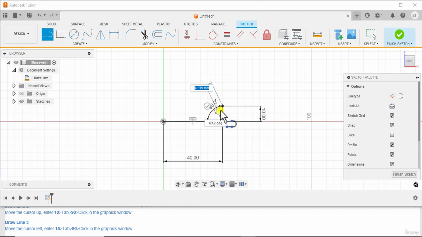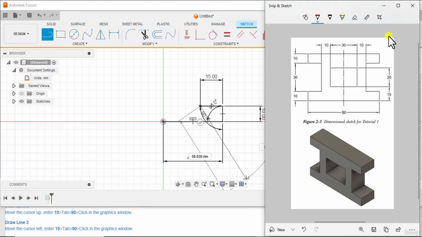To create line 3, move the cursor left, enter 15, tab 90, and click in the graphics window. Similarly, we will create the rest of the lines. For the dimensions, we will refer to this figure.